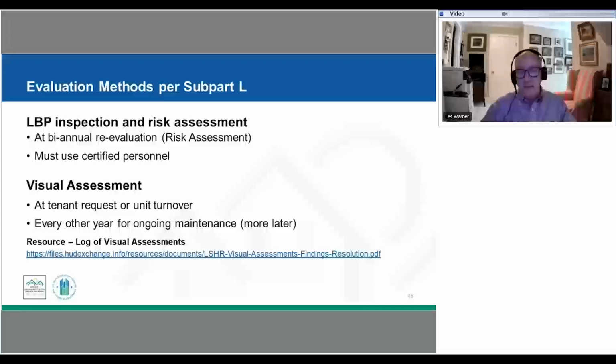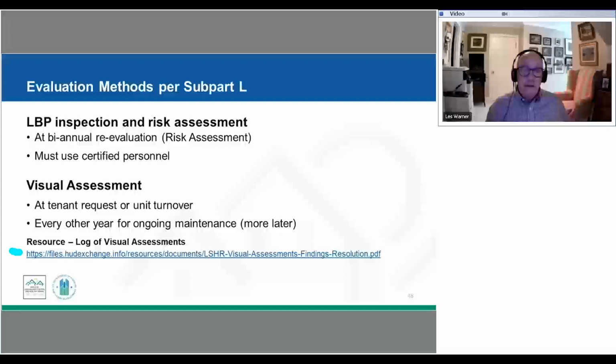So this is something that you could have your own staff go online, take the training, become certified to be able to conduct a visual assessment, and they would be able to complete that requirement for you. We'll be mentioning a number of these resources at the end here, but there is a log form to be used, and that's what this resource at the bottom here is,